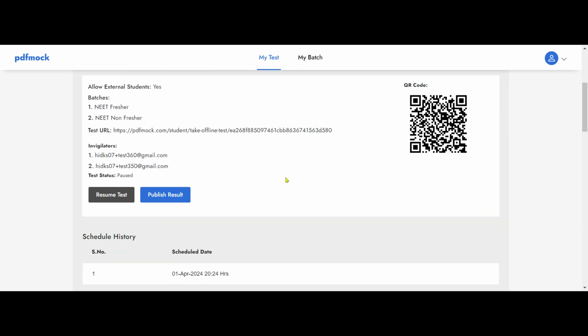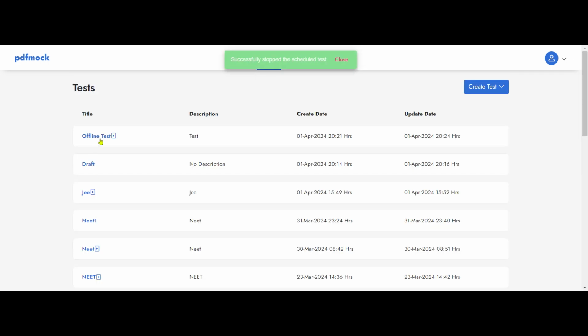So if there are two batches, suppose in the morning shift or the evening shift the tests are happening, the same process can be repeated by resuming the test, so that no student can fill the test earlier than expected. So the links will not work, and they can resume again,